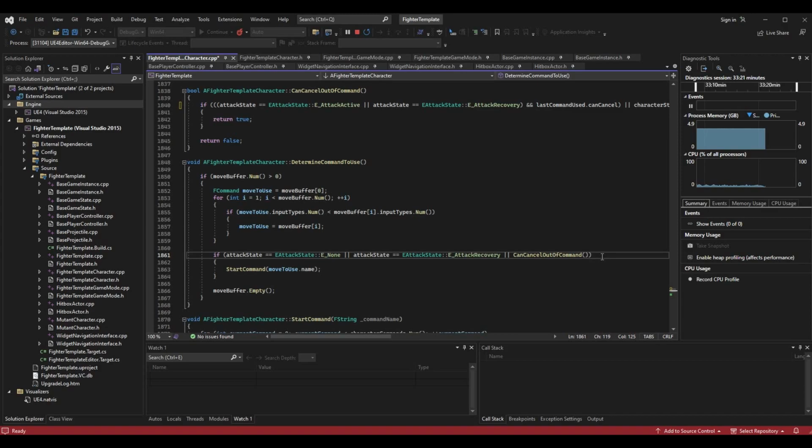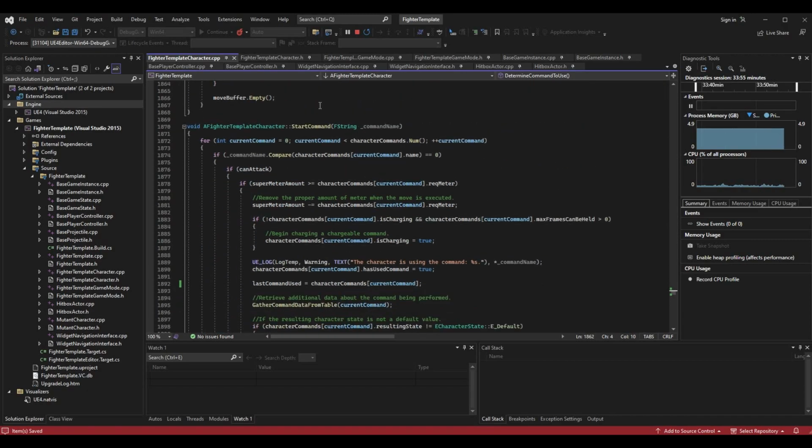So see how easy it is to change things, and this heavily modifies how the gameplay will go, because being able to cancel at different points in the animation or different points in the attack opens things up like more combo potential. Alright, additionally, in our start command function, this is when we actually trigger the command, assuming we meet